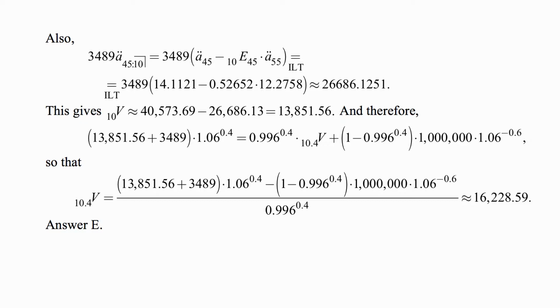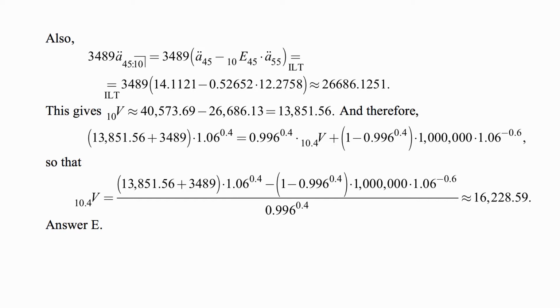So a double dot 45 is 14.1121. 10E45 is 0.52652. And a double dot 55 is 12.2758. We plug those in, calculate, and we get 26,686.1251. And then the reserve is the difference of the two quantities we just calculated, and comes out to be